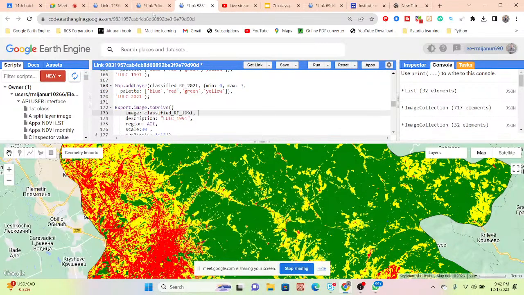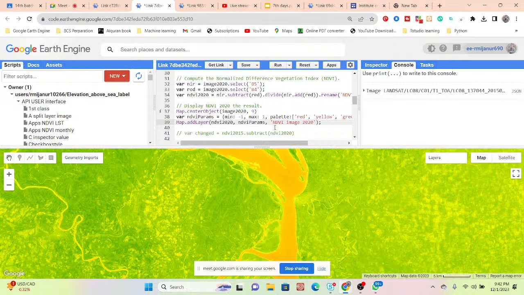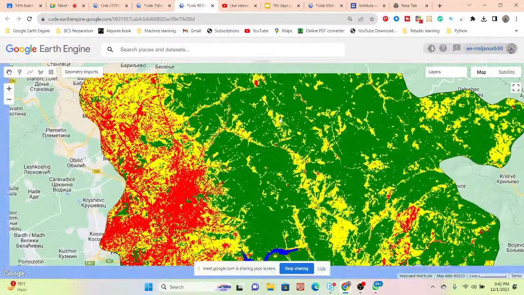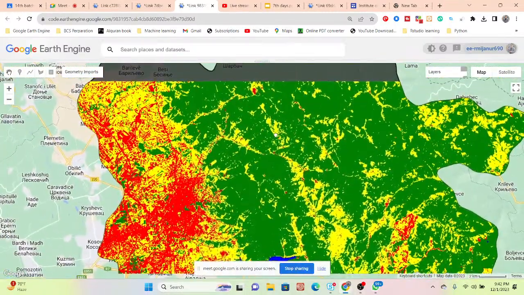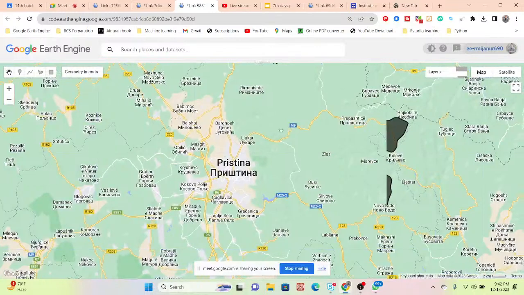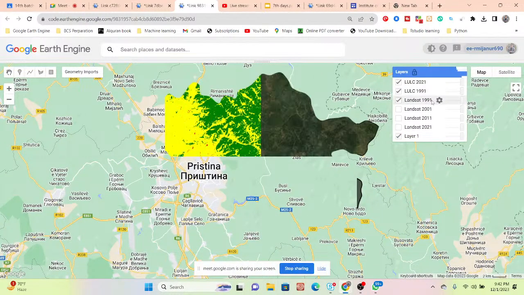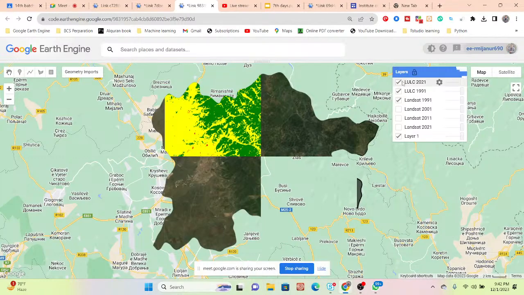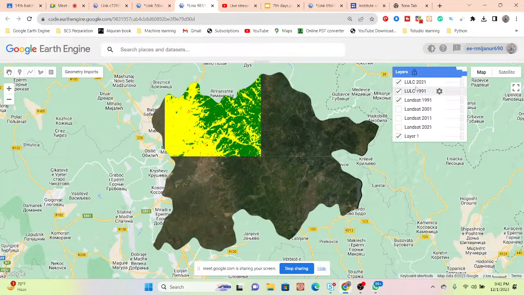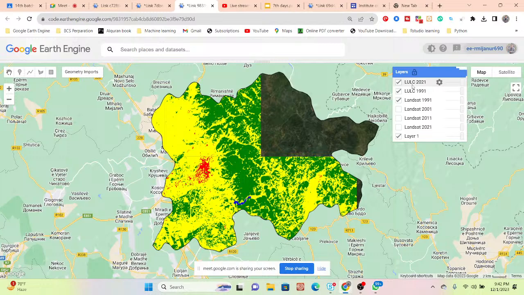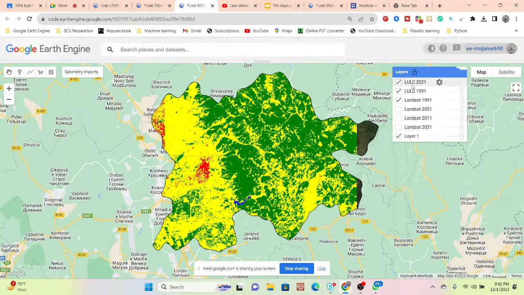Okay, so now I talk about how we can easily make the change detection land use land cover classification map. Suppose here you can see I already made the land use land cover classification map for two decades. One is 1991 and another is 2021. So now I want to make the change detection map,